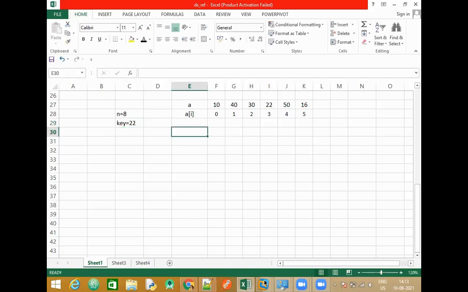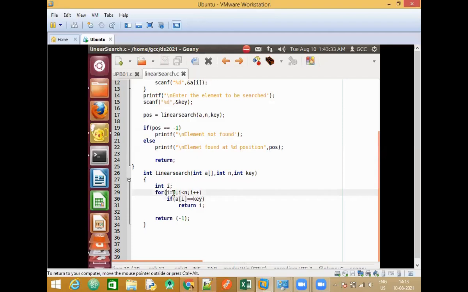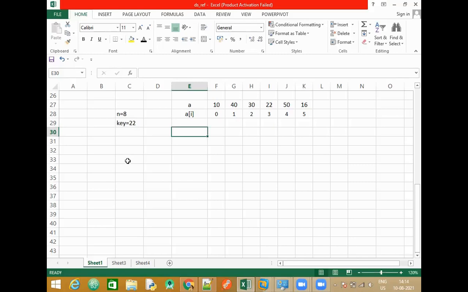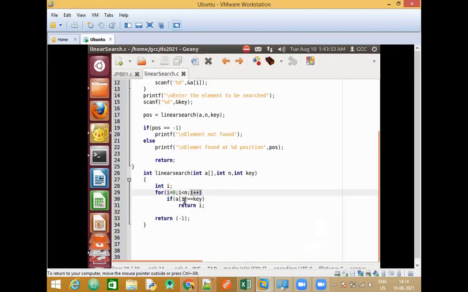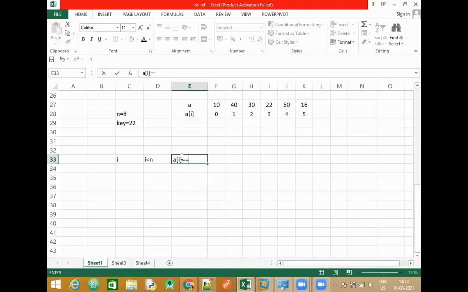Now let's do this along with the program here. We are in this particular function, for the iteration I equal to 0. Let me write the values for you here like yesterday. This is the value of I. Let us check for I less than N. Then which is the next one? The if condition. Before we go for incrementing, we need to go for the if: A of I is equal to key element. After this, we will have the increment.